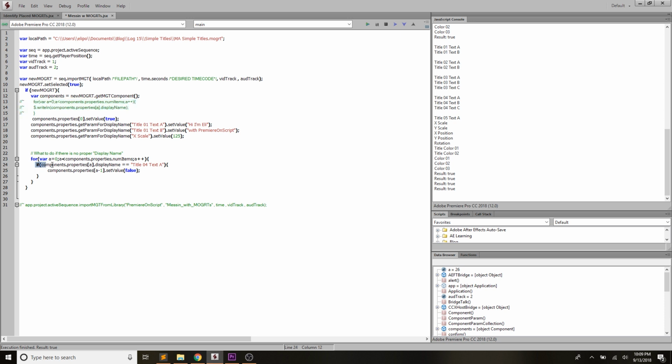And I'm going to test if components properties A dot display name is equal to title 04 text A right here. Then components properties A minus 1, meaning just looping it back one index in that array, and we'll set the value to false. So now if we run this,